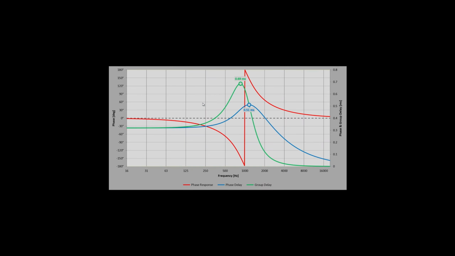And lastly, this is the relationship of a phase shift. The red line is the phase, making a 360-degree shift here from plus pi, 180 degrees, to minus pi, and then smoothly going back to 0 at 1000 Hertz. This kind of phase shift, for example, causes a phase delay of this much, 0.51 milliseconds. This is the phase delay, time delay, literally, in milliseconds. And the group delay it will cause is this one. As you see, the peak of the group delay is not exactly on 1000 Hertz, and the peak of the phase delay is not exactly on 1000 Hertz. They are on opposite sides of 1000.